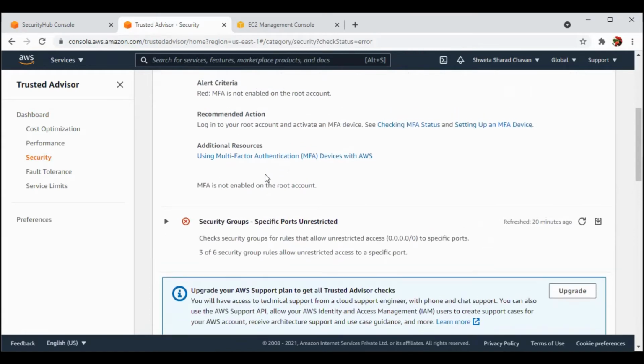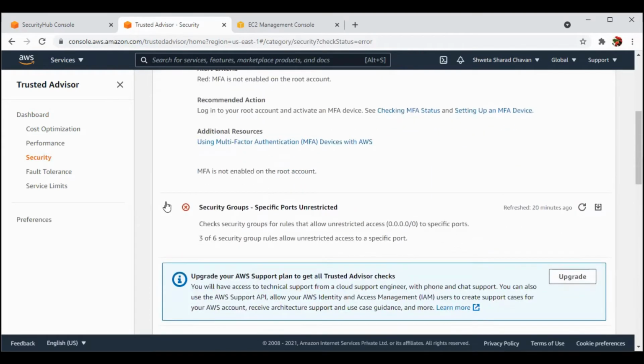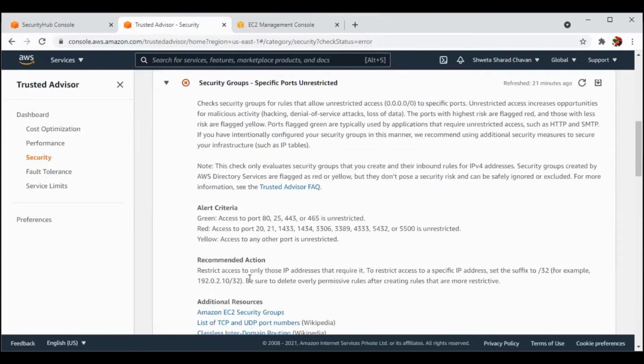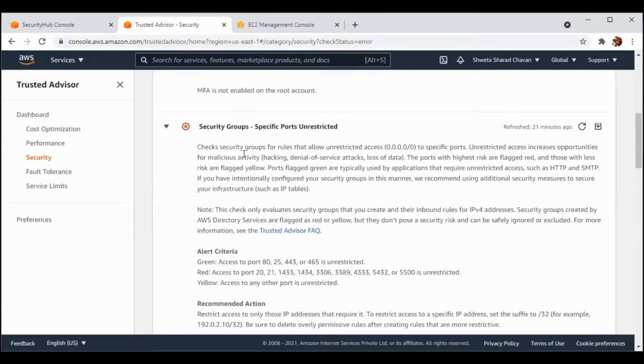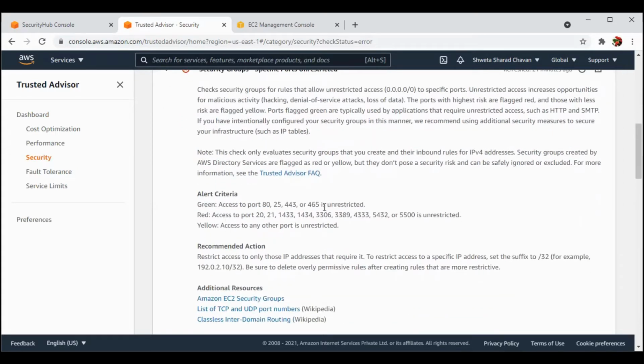So this is how the first check is there. In the second check summary, we can see that it is all regarding the security group. What it is alerting is to check security groups for rules that allow unrestricted access, as we have given it anywhere. So it's saying that unrestricted access is there, like there is no restriction. For what we have put, it is giving alert criteria: green, access to the port is unrestricted; red, access to this port is unrestricted; yellow, access to this or any other port is unrestricted.